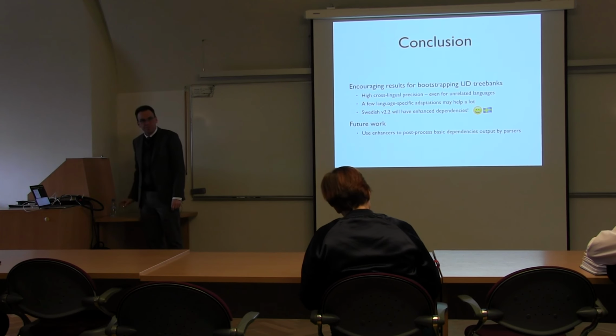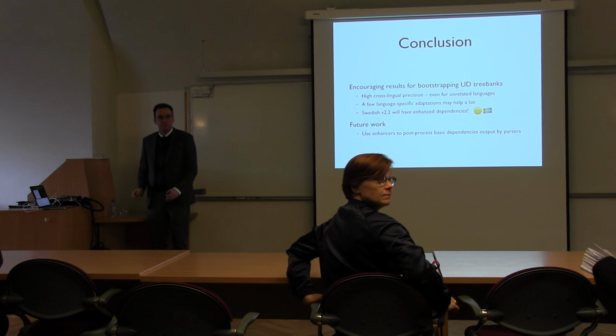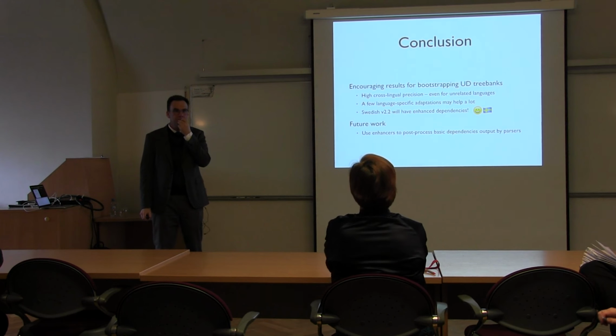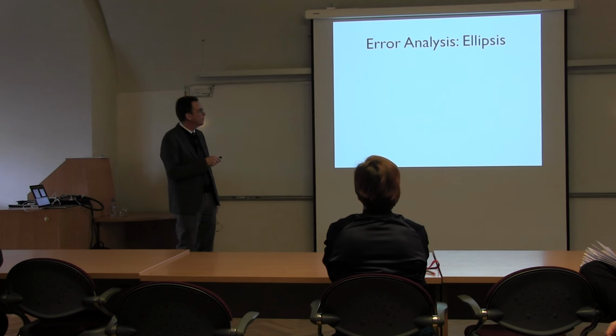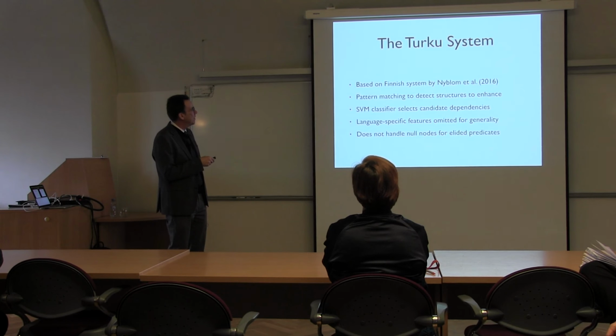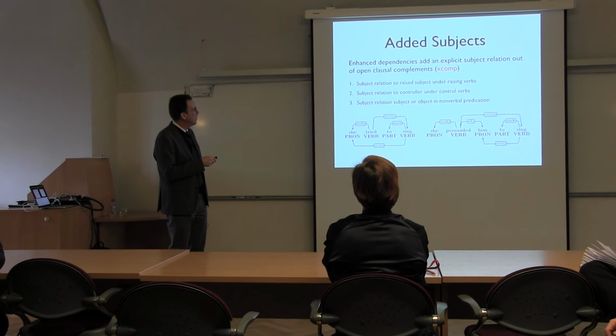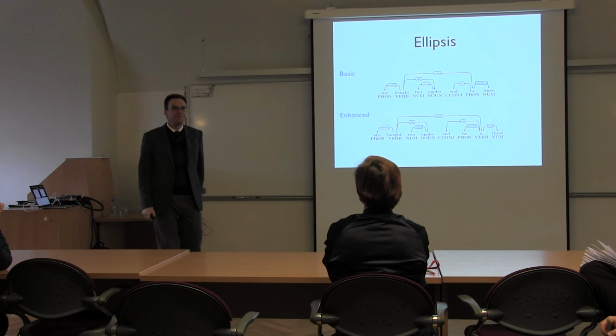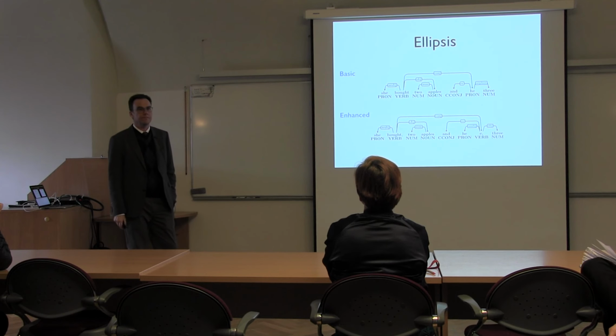With the ellipsis, when the predicate node is elided and we add one, this might require going back to the example slide. Tell me when to stop. It's maybe the early ones. Yes, this one. I really like the elegance of the solution where you add the enhanced edges for the subject, predicate, object relations where you cannot get them from the basic ones.